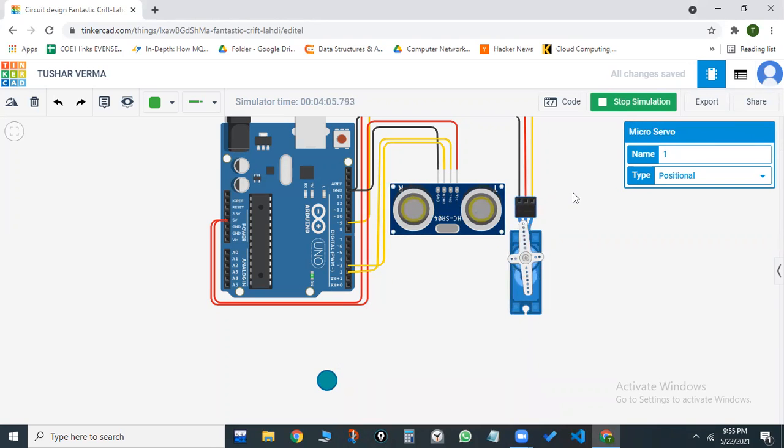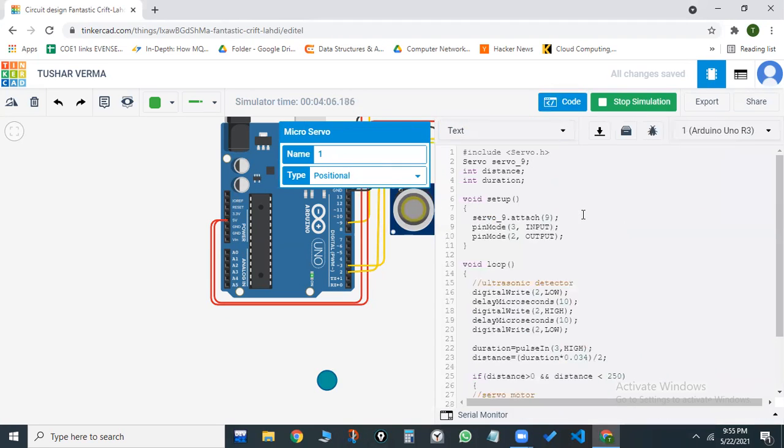I'd now like to talk about the code that I've written for this microcontroller. This is a very basic, simple code. I've included the servo.h header file, which enables me to use this servo motor effectively. Servo underscore 9 is basically creating an object servo underscore 9 of the servo motor.